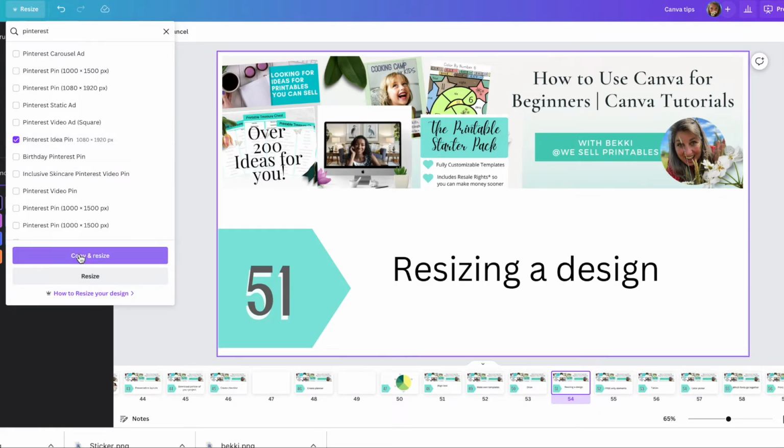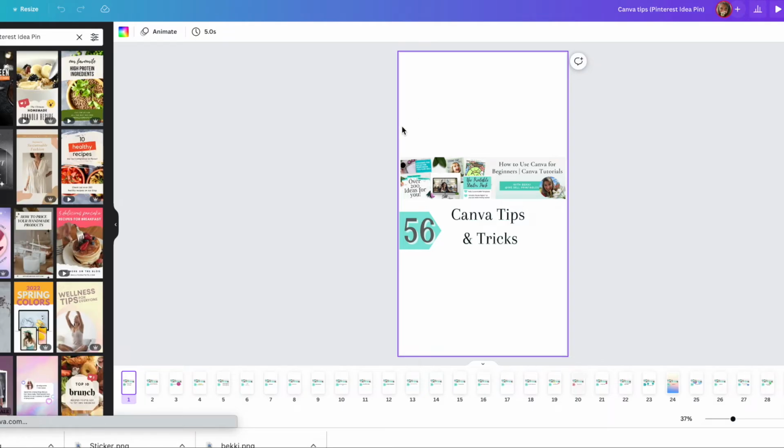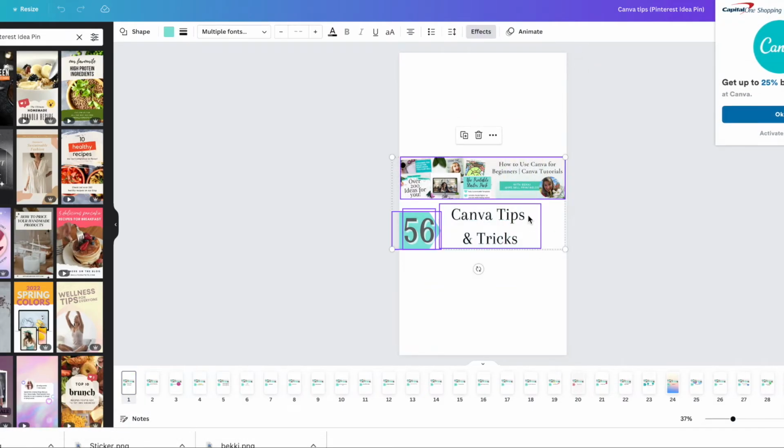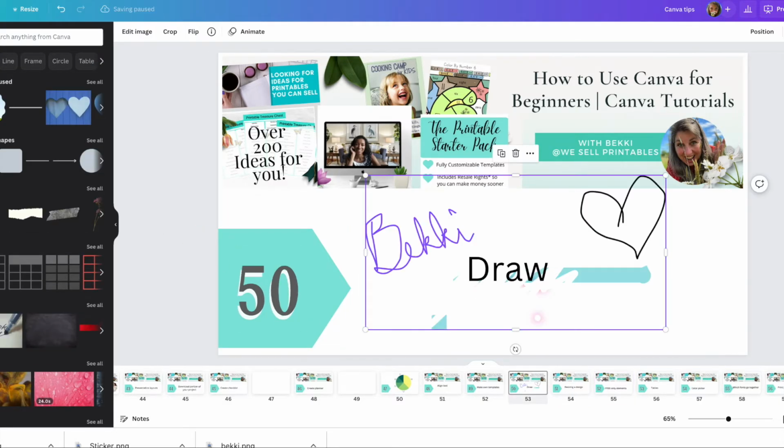And then you can either copy and resize it, which is what I'm going to do so that I don't accidentally, I want my original to stay intact. So here is the new one. And you can see that it resized everything in the format of a Pinterest pin. So resizing your design. Tip number 52 is if you only want to use free elements inside of Canva